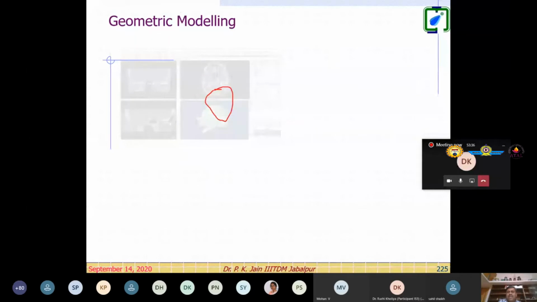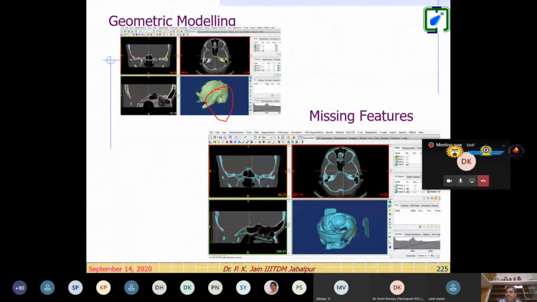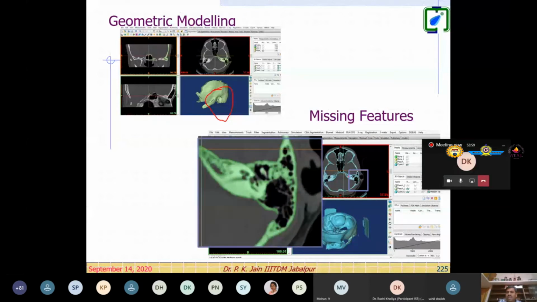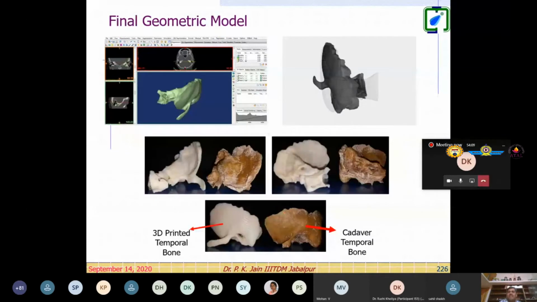The challenge was that in this, the features are very mixed, meaning the same kind of Hounsfield value or the binary image gray value are there. So identification of the features in this portion is very difficult, because this is also black color, this is also black color, this is also black color. But very carefully, the feature recognition has to be done in this portion, so that this temporal bone can be identified, right, from here. And look at that, once this bone is identified, this is the shape of the bone in the CAD model, STL file, right?